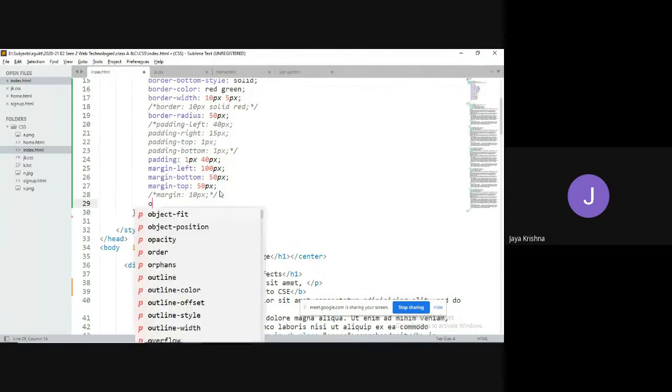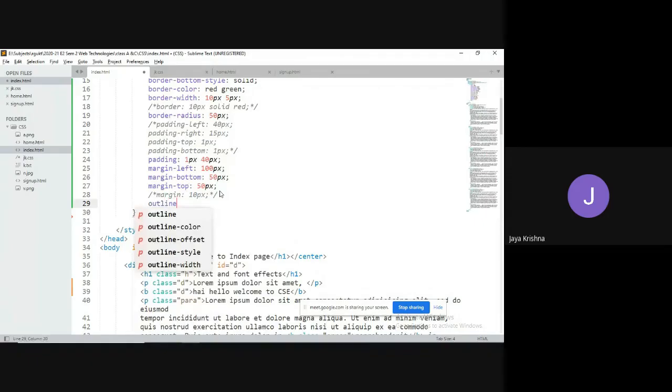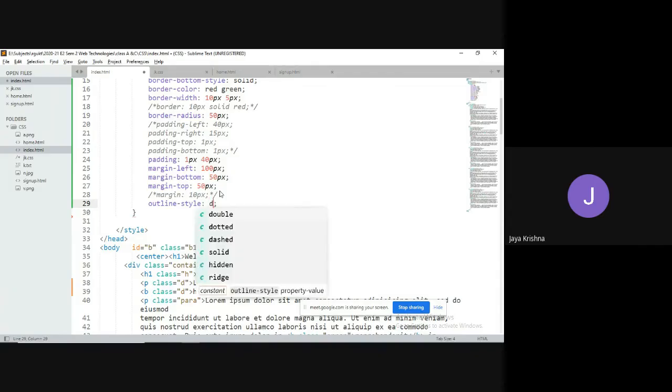Observe here: outline color, outline offset, outline style, outline width. These are all the various kinds of properties. If I'd like to go for outline style, for example double, I will go with double.